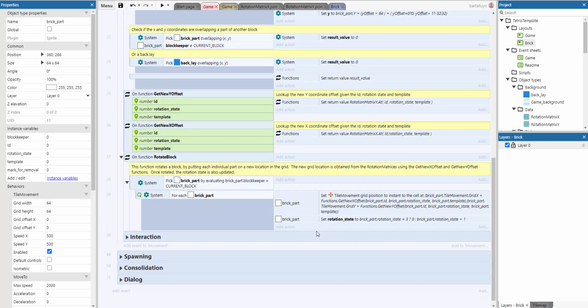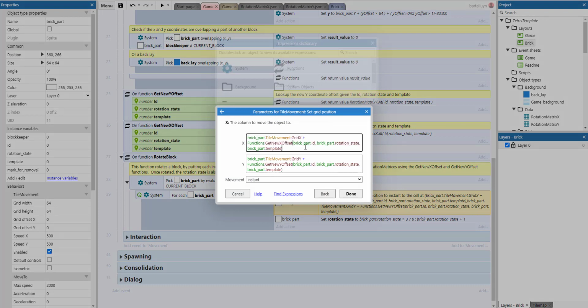And then there's a very simple thing for rotating a block, where we break every brick part in the current block again, and for each of them we set the tile movement grid position to a cell which is the current movement x plus the x offset, and the y plus the y offset, and then we just change the rotation state. So what we're actually saying is, get me the offset for the x and the y, and just add it to the current grid x and